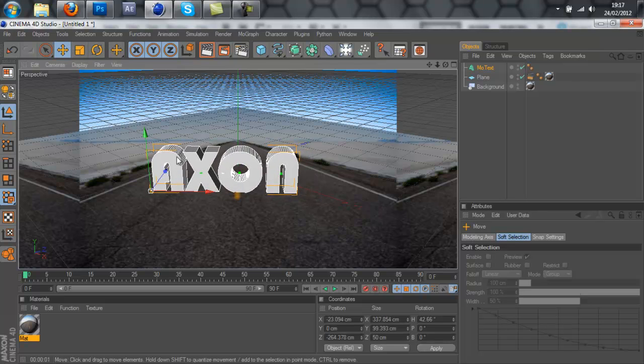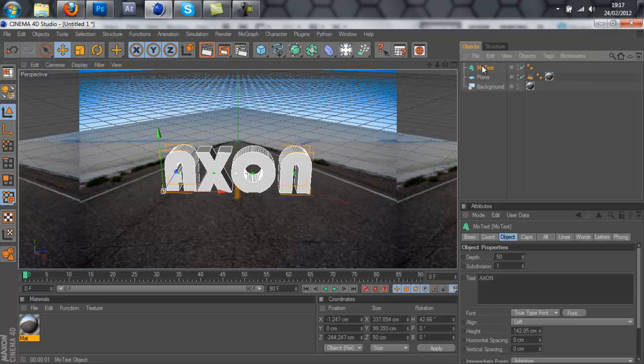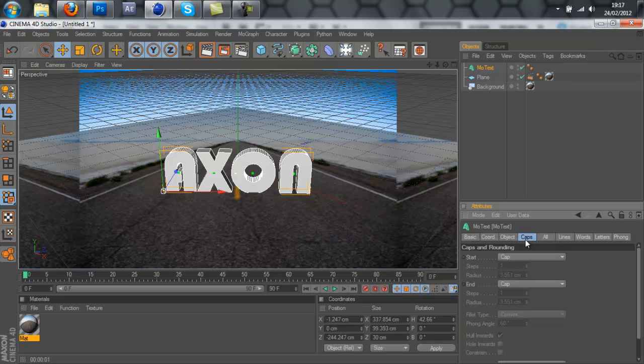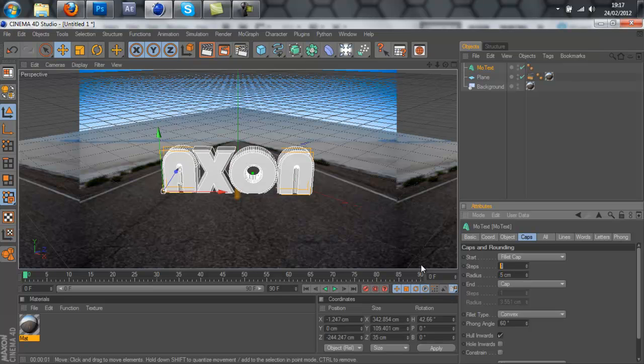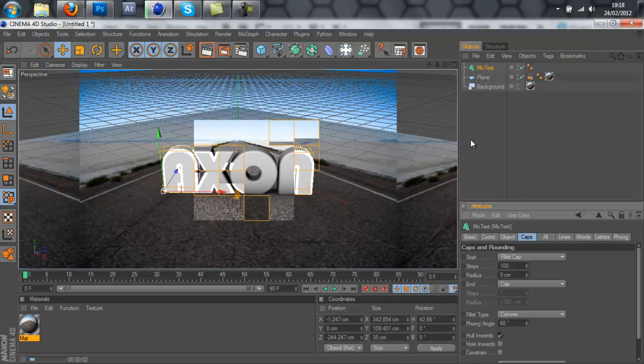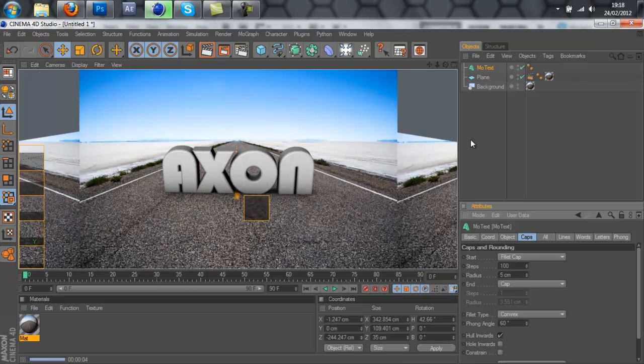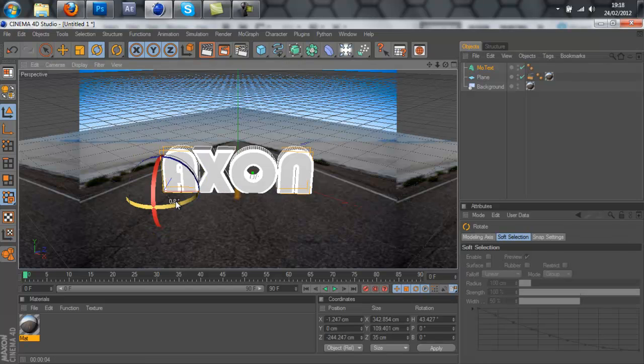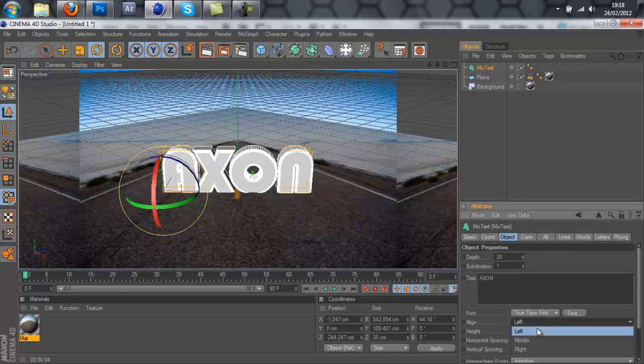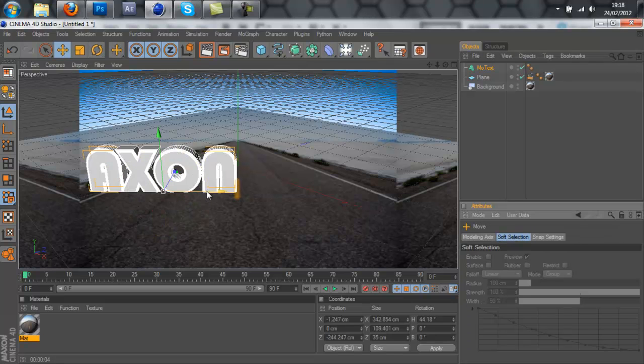So I'm just gonna resize it, change this to 30, add some caps. And you can see that already is starting to look quite realistic. So what I'm going to do is align it in the middle, drag it over,